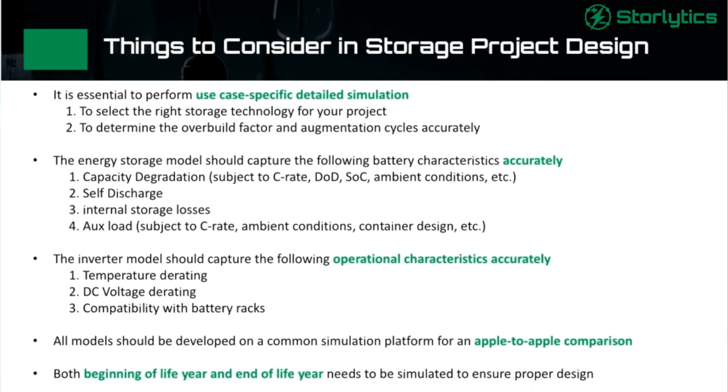So really, you have to do your use case specific detailed simulation if you want to get an edge over others. Generic market assumptions or degradation curves are good, but those are just good for very high level estimates. But if you want to find the right technology and the right overbuild factor and augmentation, you need to do specific detailed simulation. You have to make sure the energy storage model that you're using is able to capture